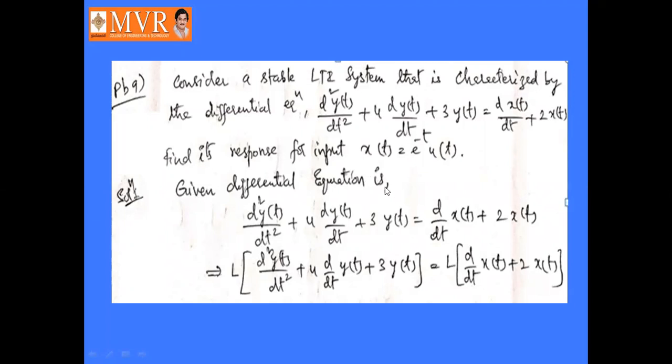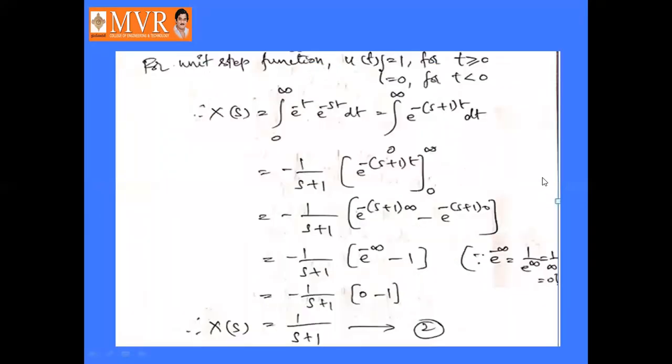So we are applying the Laplace transform on both sides. Laplace transform of d square by dt square of y of t plus 4 into d by dt of y of t plus 3 into y of t equal to Laplace transform of d by dt of x of t plus 2 into x of t, right? So it will become,